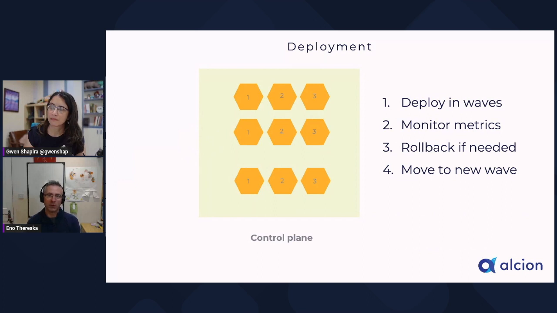And then how do you do the deployment, which is also important for robust deployment of software, so in case something goes wrong, you have a way to pull back. Typically, the deployment is done in waves, which is a set of cells. Here I've labeled the cells in 3 waves: wave 1, 2, and 3. The idea is that you deploy on one of the sets, you monitor the metrics, you have some bake time in there, maybe even a couple of hours. The first thing you do if something goes wrong is you roll back. Never roll forward, always roll back. And if things go well, you just move to the new wave.